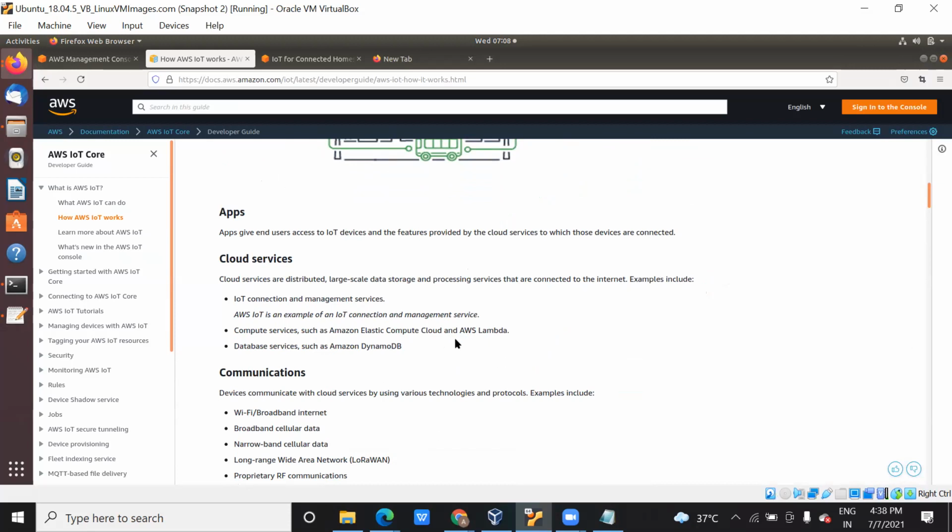They will give you compute service, which means processing of your signal, processing of your data. And the database service: the data generated by your IoT device will be saved in a database, a service like Amazon DynamoDB.